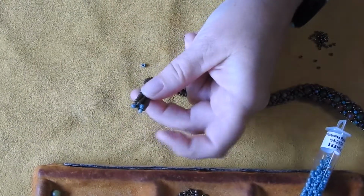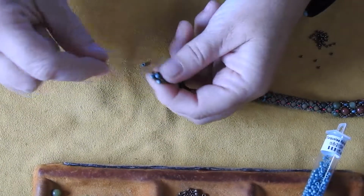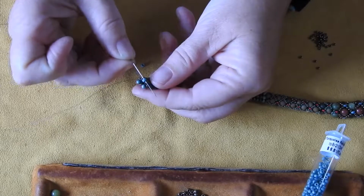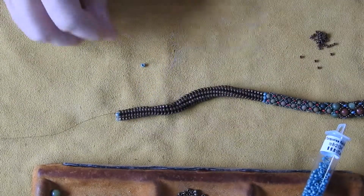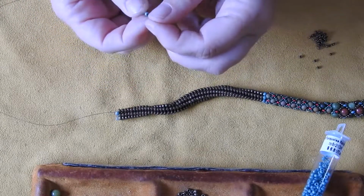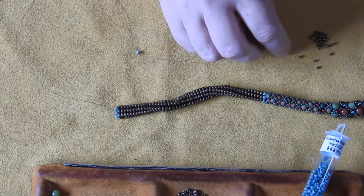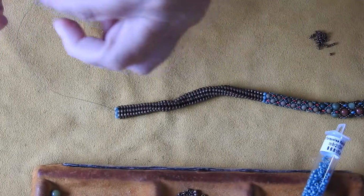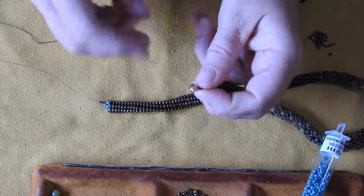And now, twisted all my necklace up again here. Now I need to go through one of these blue ones and pull. I'm going to pick up my final turquoise, and I'm going to pick up 3 size 11s. I'll let all of those drop down, put my needle down for a moment, and now I've got my clasp